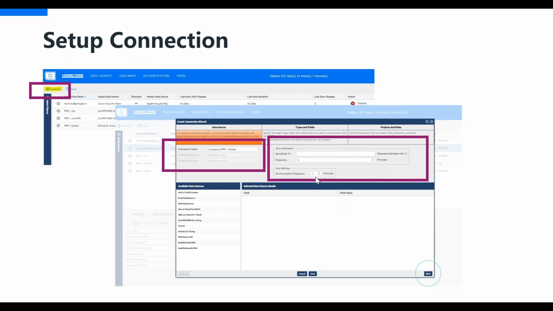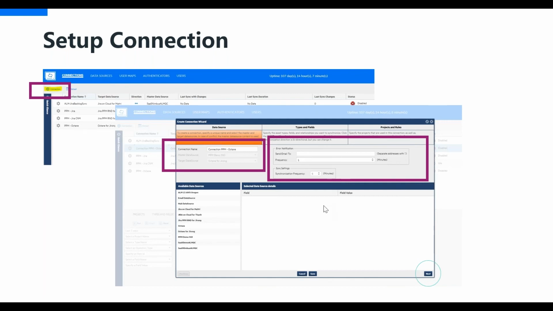And here I've kept the synchronization frequency as 5 minutes. So every 5 minutes, if this integration is defined as one directional, then the data will be integrated from the source or the master data source to the target one. If it is bidirectional, every 5 minutes the sync will happen on both ends.